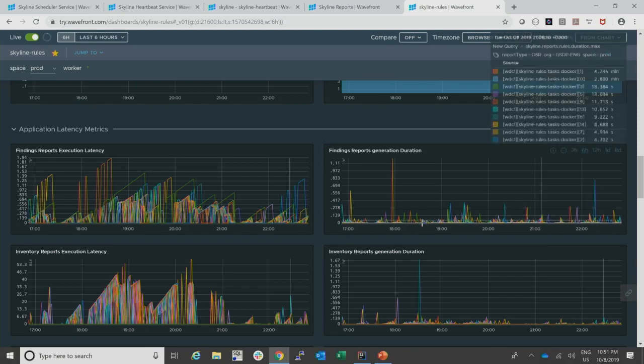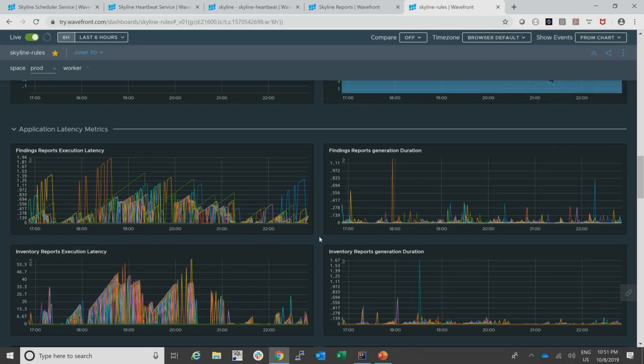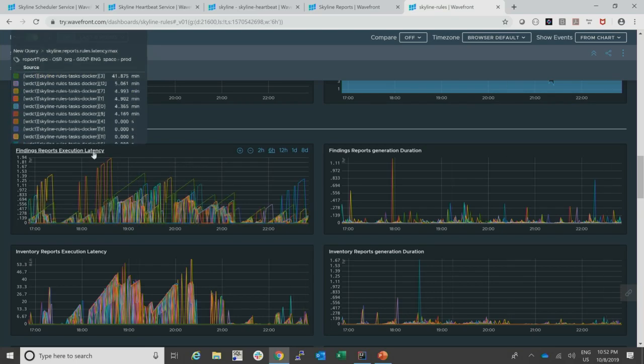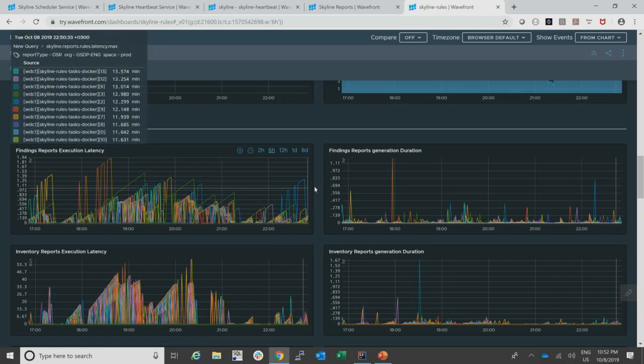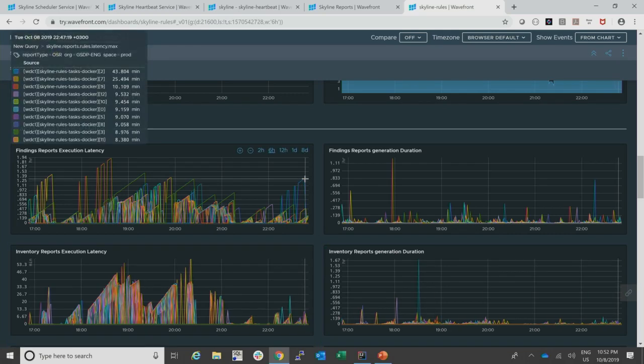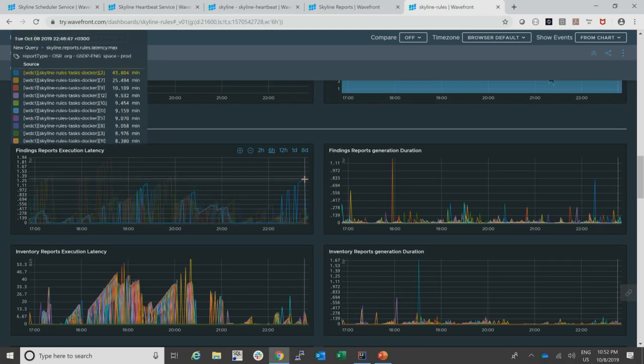So what we've captured here are metrics that are instrumented by ourselves. You don't gain them automatically. This is where the developer is responsible for being able to trace and see how their application behaves and improve it. So here you can see how much time it takes to, so what is latency? Latency means that you have put something in the queue and at some point this was picked up from the queue and the work started. So the delay here was 1 hour. Okay, that's maybe good, that's maybe bad, I cannot tell right now.